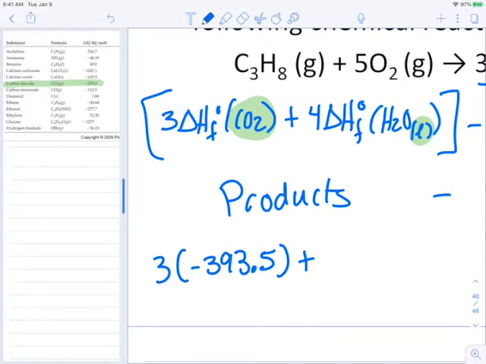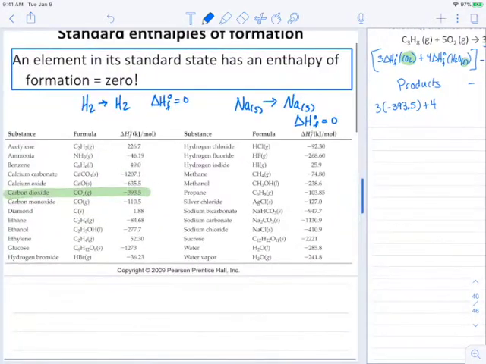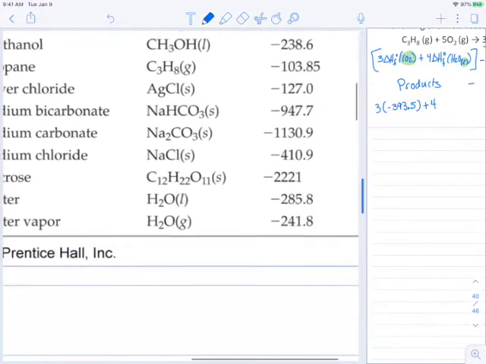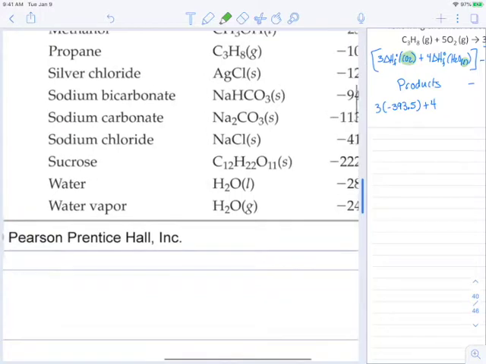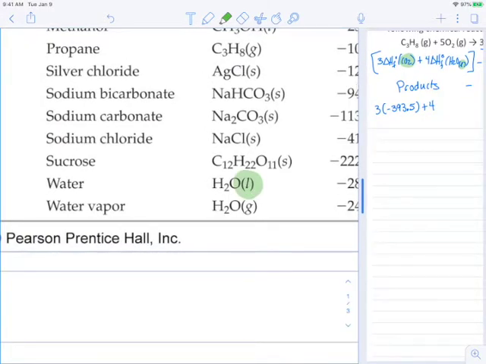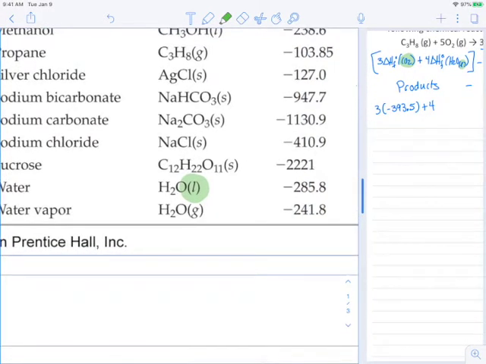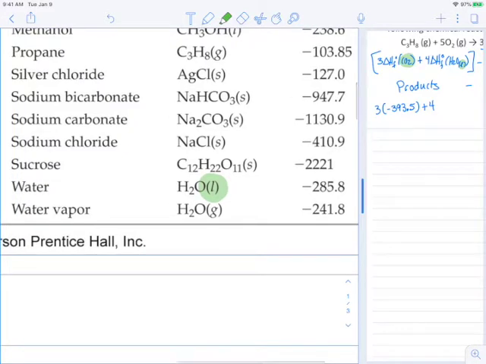All right, so next thing that we have here is 4 times our value for water as a liquid. So it's going to be 4 times. And notice here we have water and water vapor, but we said we need water as a liquid. So we're going to take negative 285.8, but I want to point out the other one,